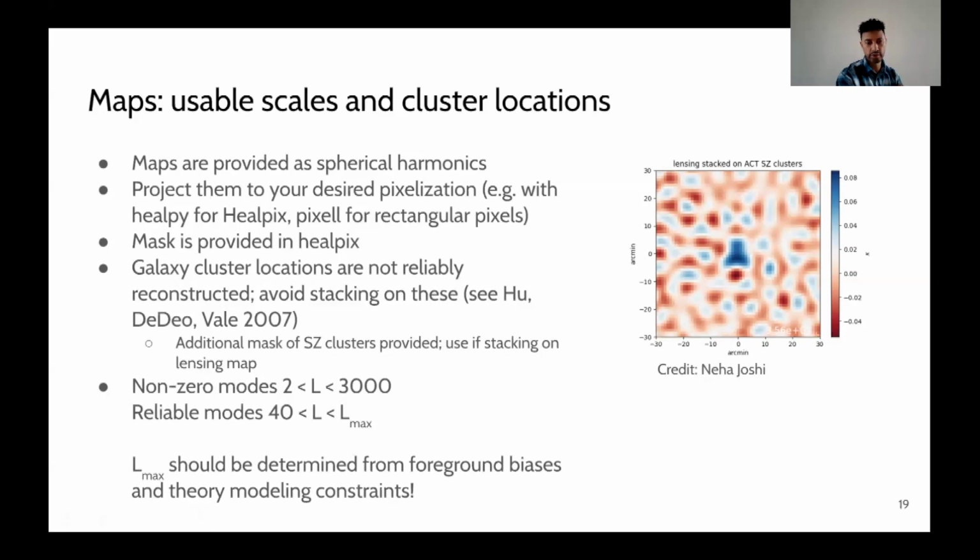However, modes with multipoles less than 40 may not necessarily be reliable. So we've seen some instability in our null test, even though the null test formally passed. So you should be a little bit careful about using larger scale modes than L of 40. And the specific maximum multipole that you use for your analysis should be determined for your particular cross-correlation analysis from